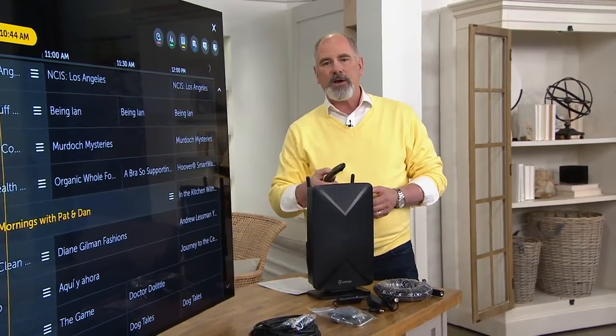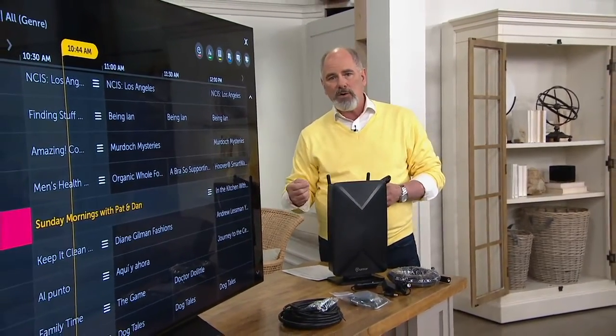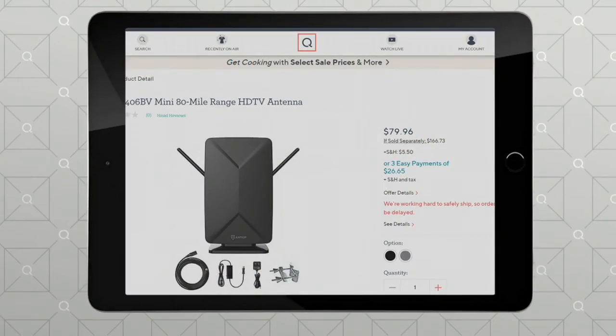If you go to QVC.com, again, the product detail page, you plug in your zip code, and you just scroll all the way down to the bottom, and you plug